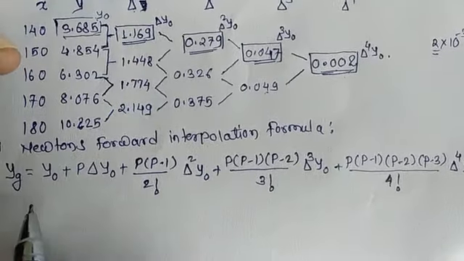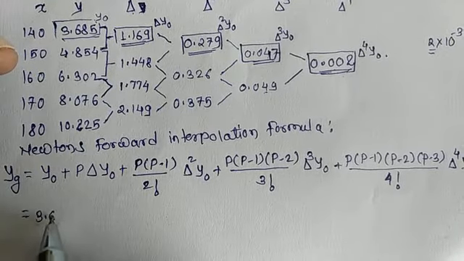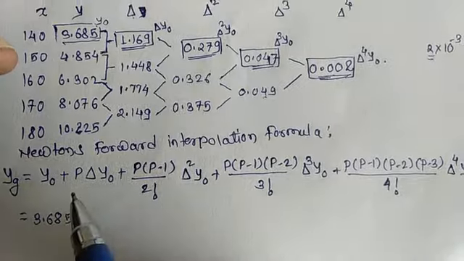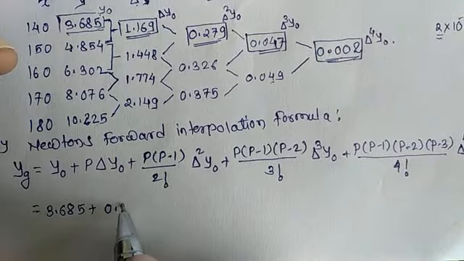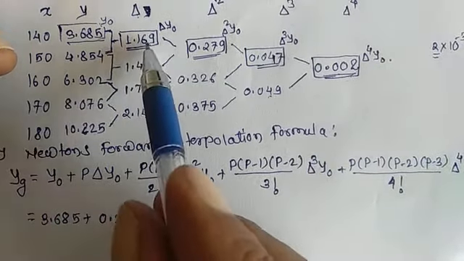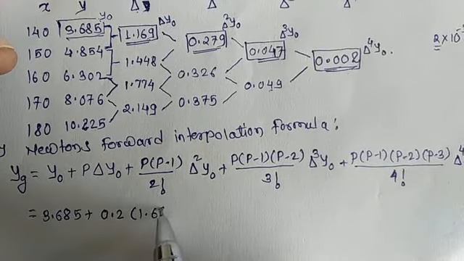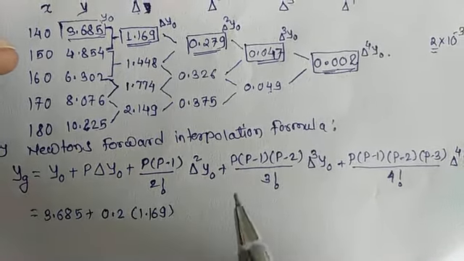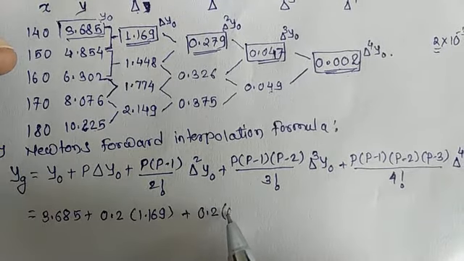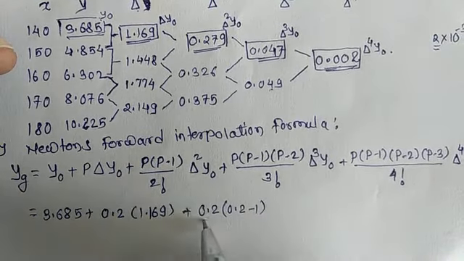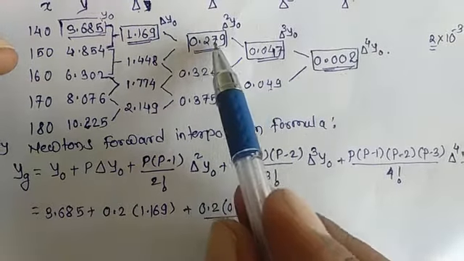Now from this forward table, y0 is 3.685, which is also given, plus the value of p which we have calculated here, which is 0.2. So 0.2 into del y0, our first value is 1.169. So 0.2 into 1.169, plus p into (p minus 1), which means 0.2 into (0.2 minus 1) divided by 2 factorial into del square y0. Now del square y0 is 0.279,